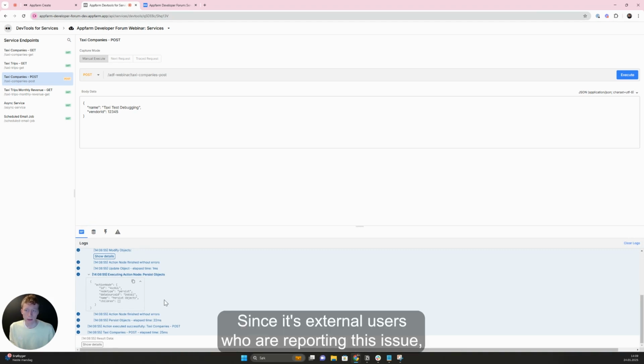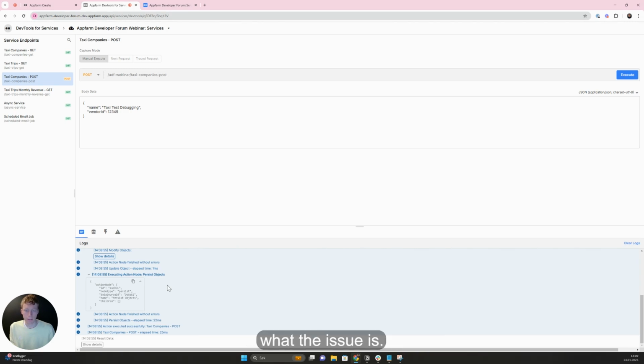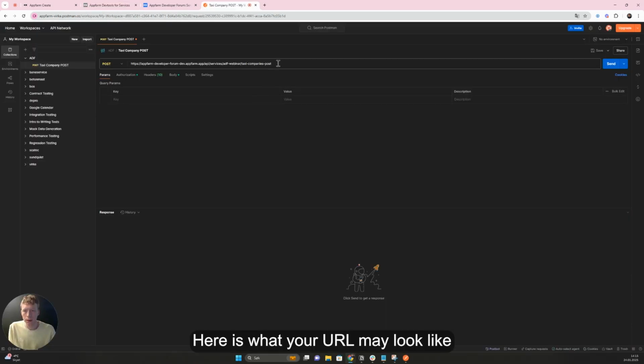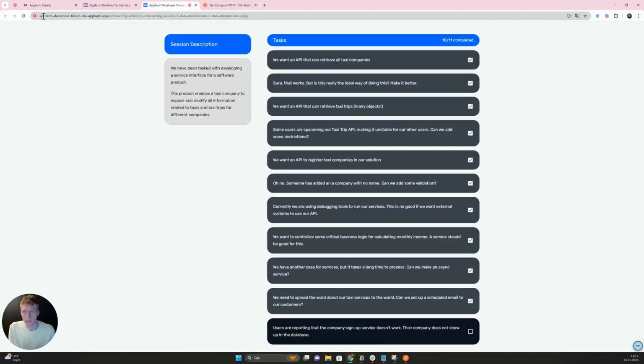Since it's external users who are reporting this issue, it's useful to be able to use Postman to be able to debug it even further. So let's use Postman in this case and see if we can find out what the issue is. Here is what your URL may look like when calling your service. This is simply the hostname for your app, which in this case is the same as here, Appfarm Developer Forum